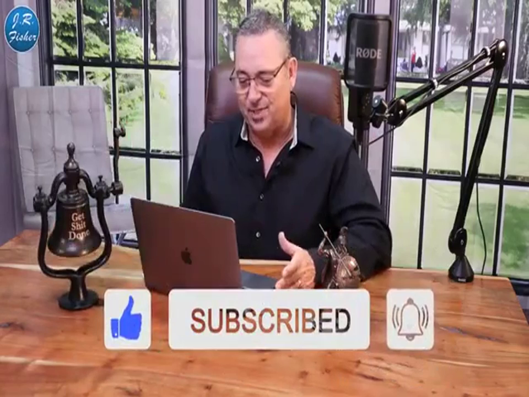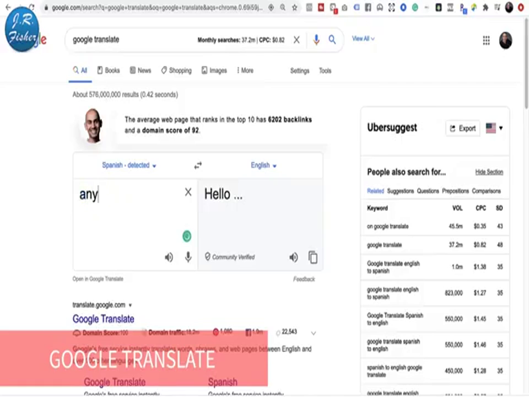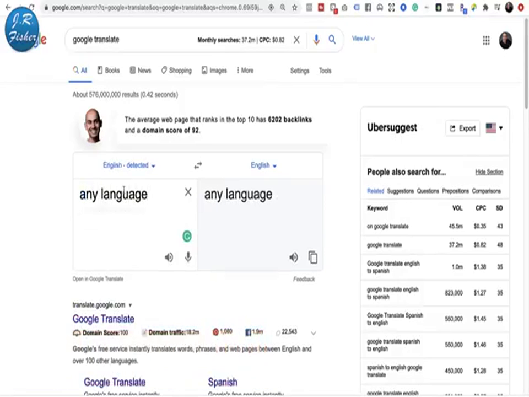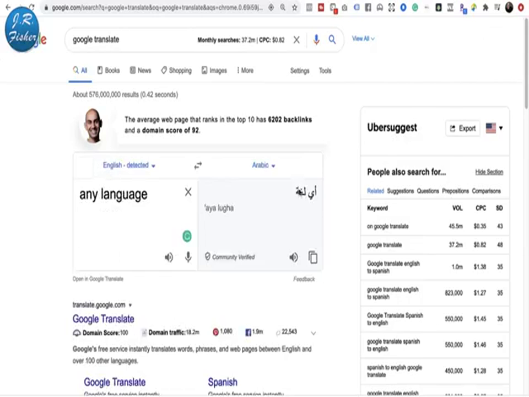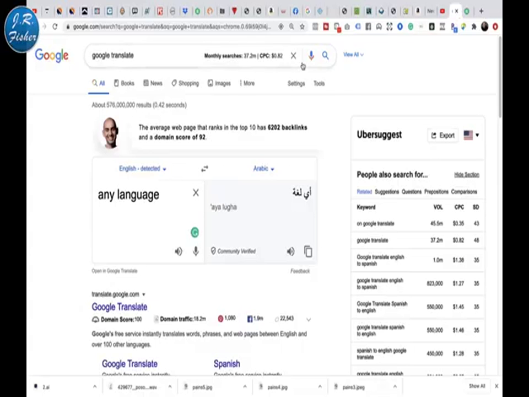Now, how can I use this to make money? Well, here's something, guys. Not everybody understands that Google Translate is free. There are actually paid sites where language translators will translate languages into another one. But here's the cool thing. I don't speak a lot of these languages, but Google does. Okay, I'm here at Google Translate now. Okay, let's try to type something in here now. Let's say my house is a